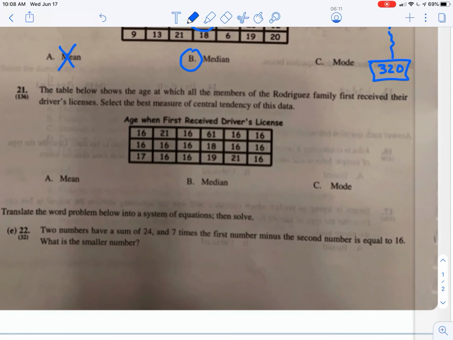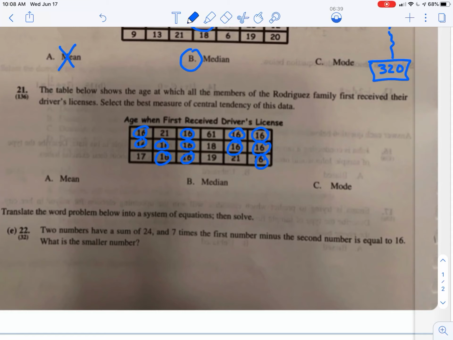Number 21, this table shows the ages that each member of the Rodriguez family was when they first received their driver's license. So this speaks to something about the Rodriguez family. So the question is, gosh, I wonder in the Rodriguez family how old most of them are when they get their driver's license. So you can look through here and you see 16 all over the place. And if you were to go through there and circle all that,